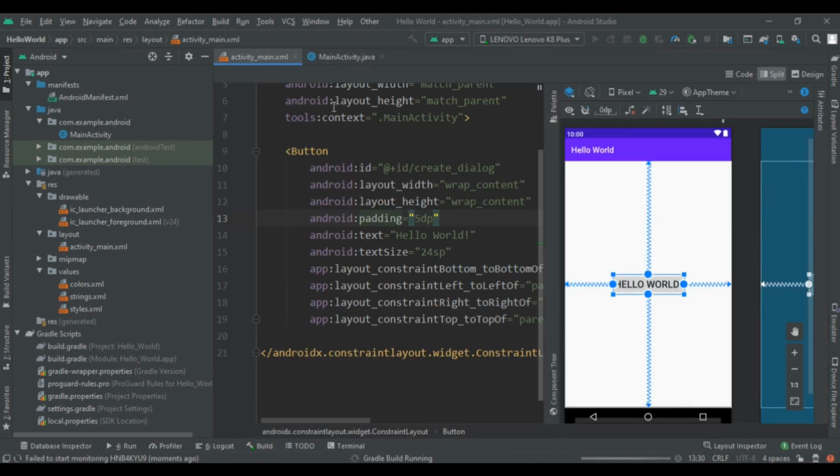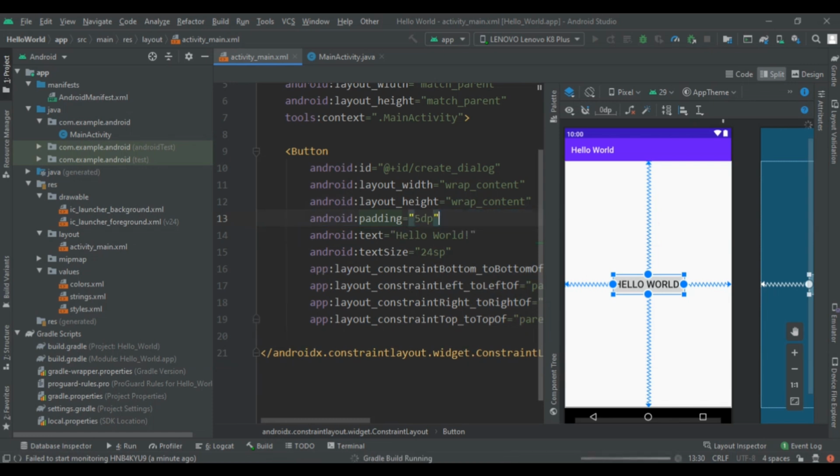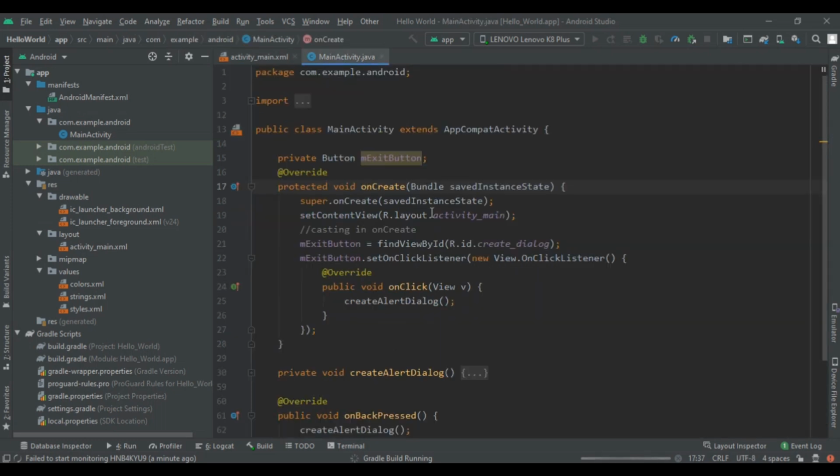So now it was showing hello world in rotation mode, so we had removed that rotation from here. Let me show you which line it was. So this was our line and we had erased that. And now in MainActivity.java we have created an onBackPressed method and written our custom method.